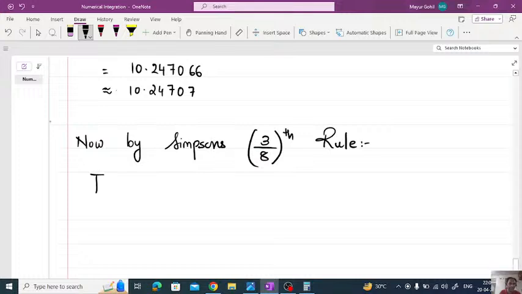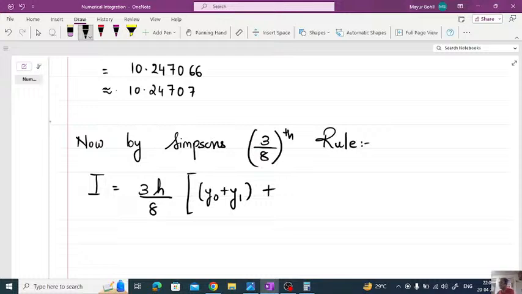So I equals 3h upon 8 times y0 plus y6, and then there is a different formula now here. Here it is going to be 2 times the multiples